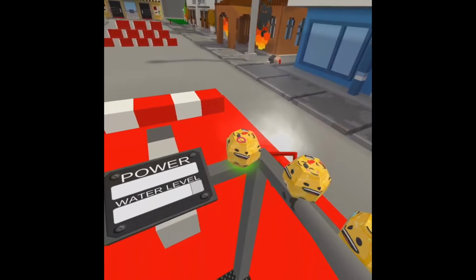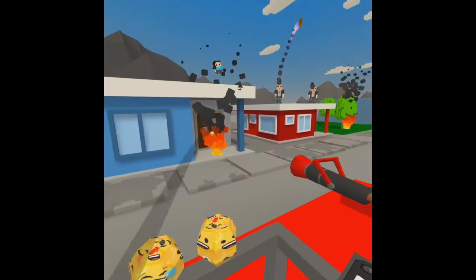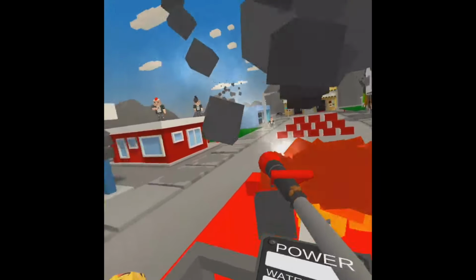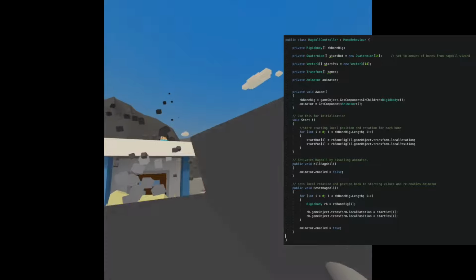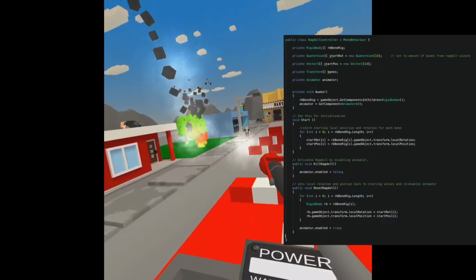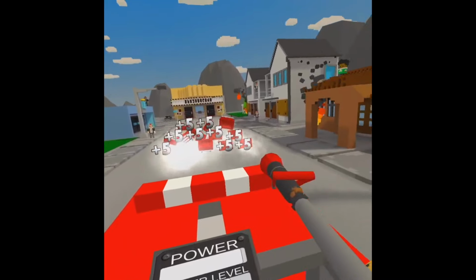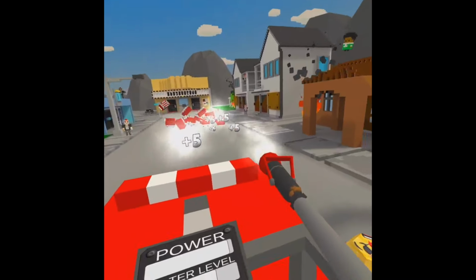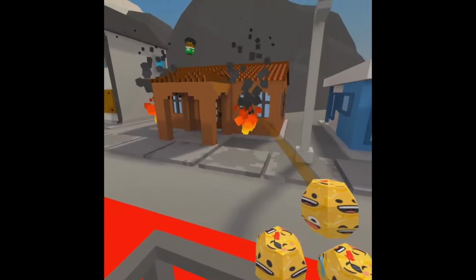I also had to create ragdolls for the enemies, as well as create a script that could reset the rotation and positions of each limb. As the enemies were object pulled and they would be reactivated, they had to be reset back to a standing position. I also experimented with filling the background with some mountains, and I quite like the